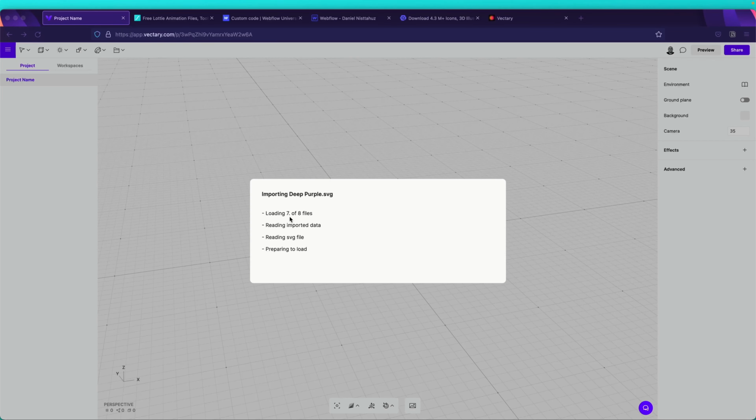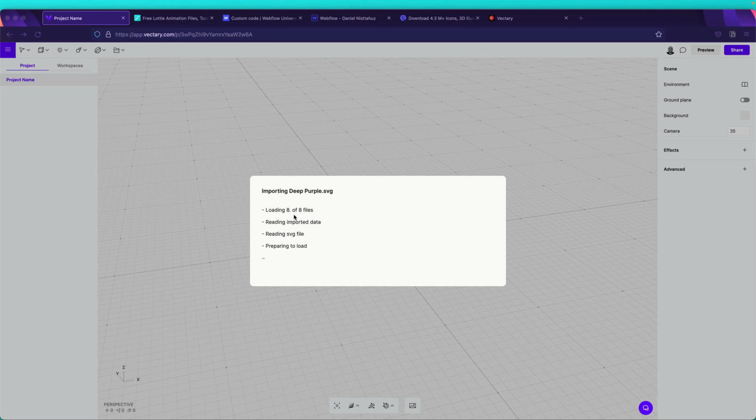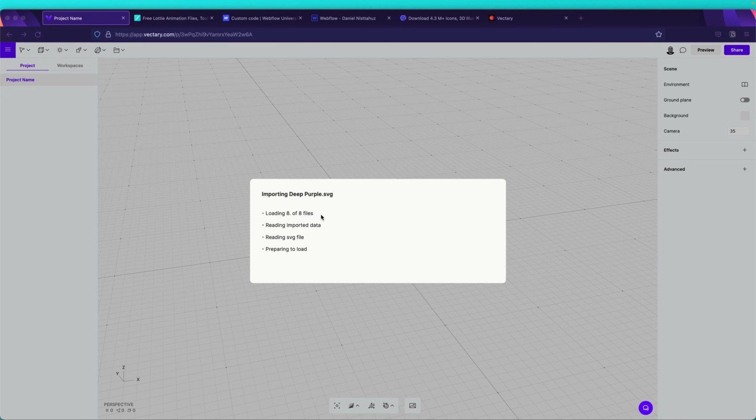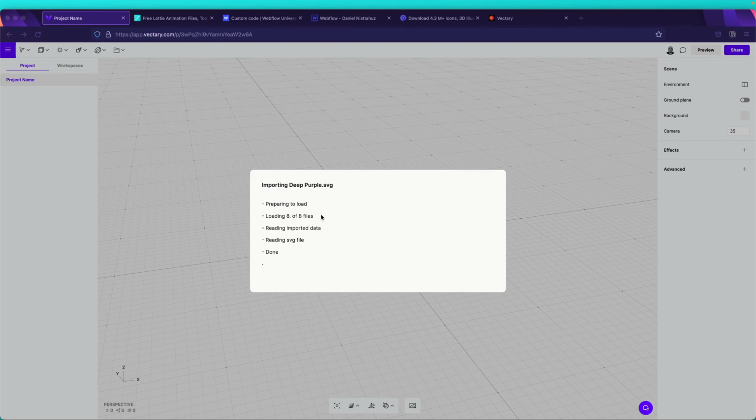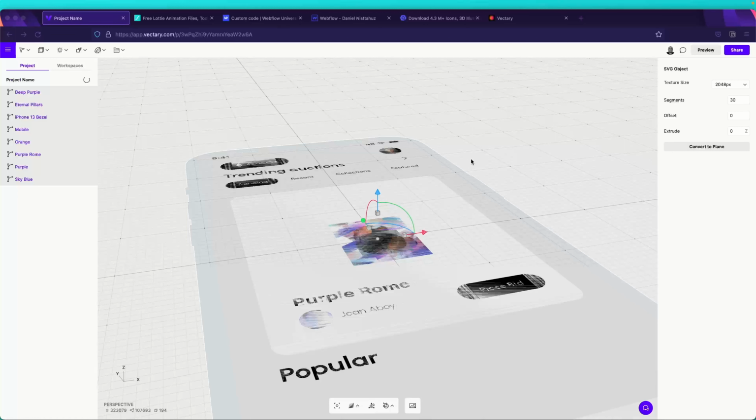As you can see over here, it's telling you how many SVGs are already loading. So right now we have 8 of 8. Let's wait for a while and I will just fast forward this part. Okay, cool. So now that you have all your different elements imported to Vectary, the first thing we will do